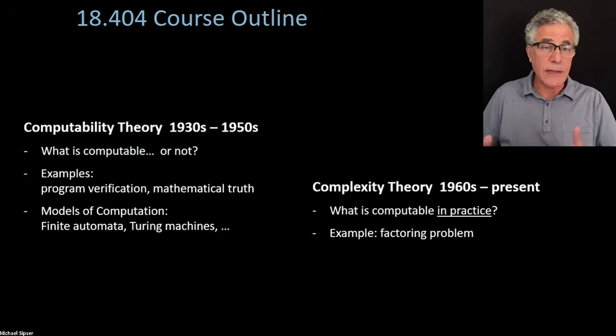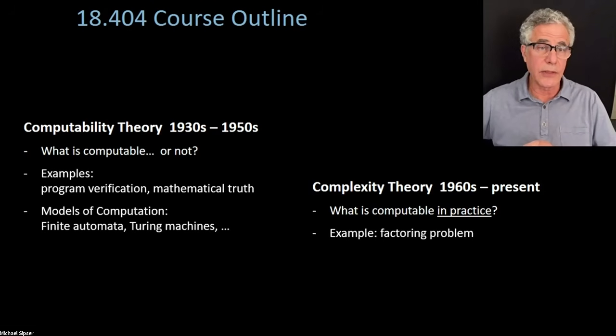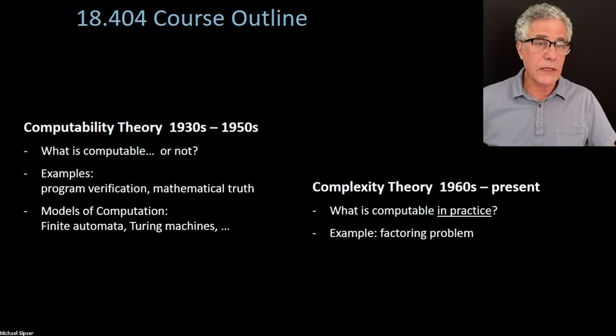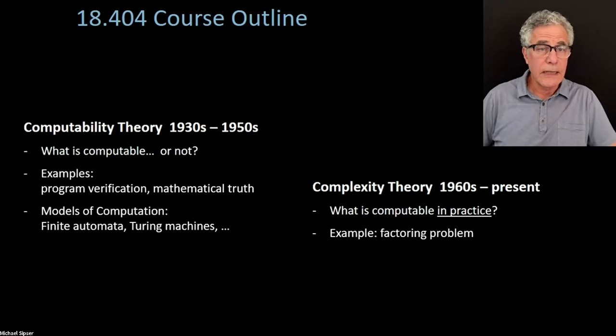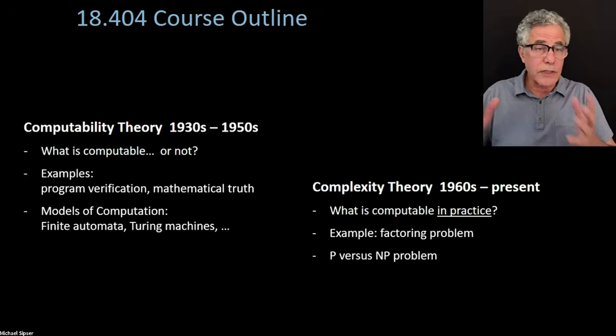For example, I'm sure many of you are aware of the factoring problem, which has connections to the RSA crypto system, cryptography, and asks whether you can factor big numbers quickly. That's a problem we don't know the answer to. We just don't know how to factor big numbers quickly, but it's possible that there are algorithms out there that we haven't discovered yet that can do so. It's connected with this very famous problem in the intersection of computer science and mathematics called the P versus NP problem, which many of you may have heard of. We'll talk about that. We'll spend a lot of time on that this term.